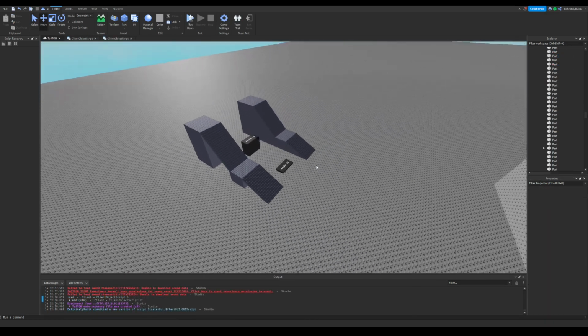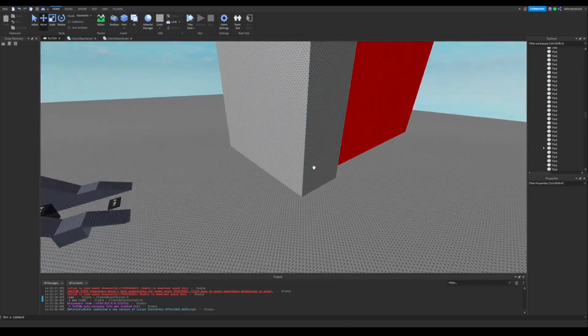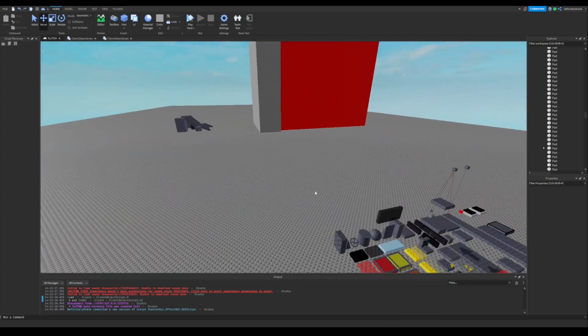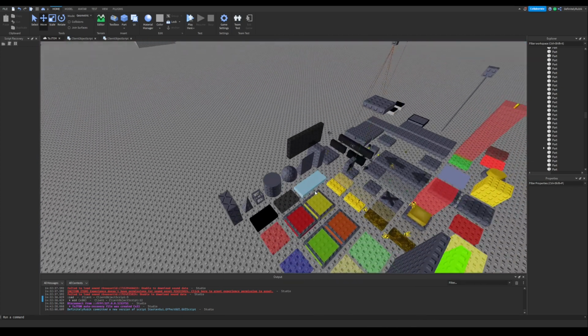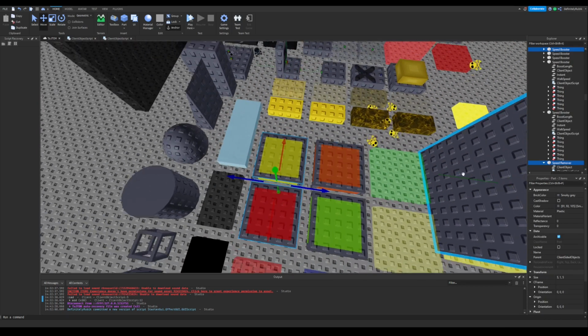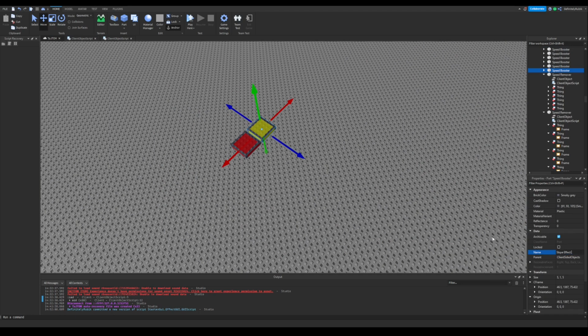So now that we know the basics of max slope angle, how can we actually use this? Well, you might think we have to make a complicated script, or we change the slope angle, but it's actually pretty simple, because there's already an object that kind of does that for us. And that's the speed booster and the speed remover. So if we just copy these out, and we'll just change these to like slope effect adder,